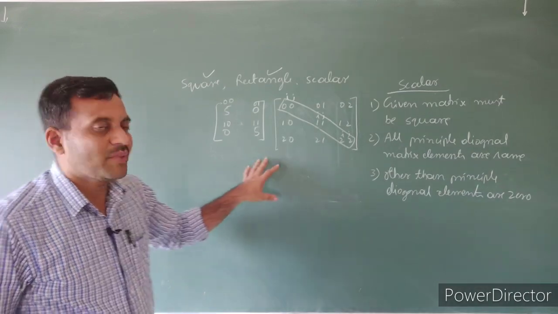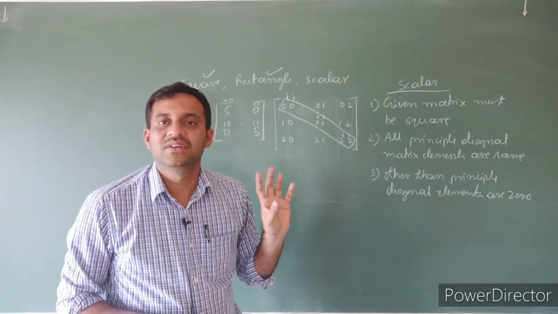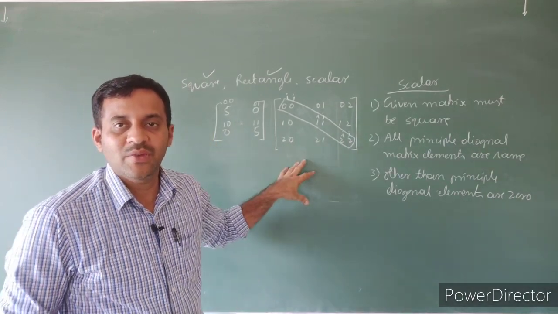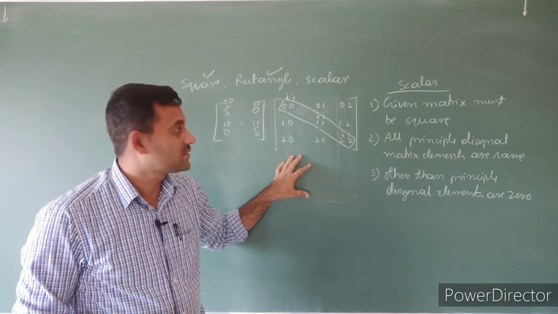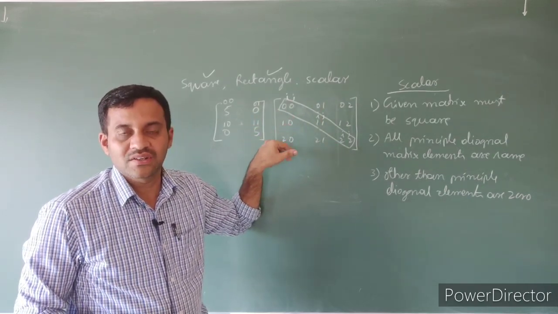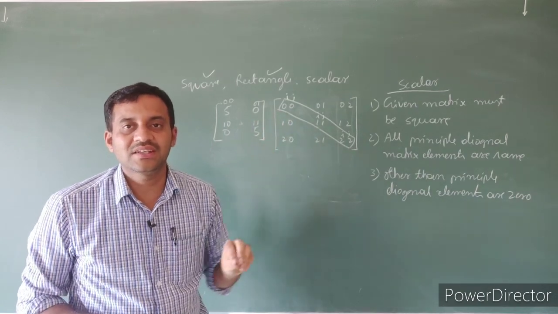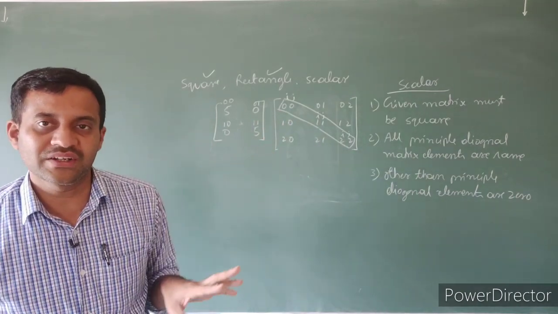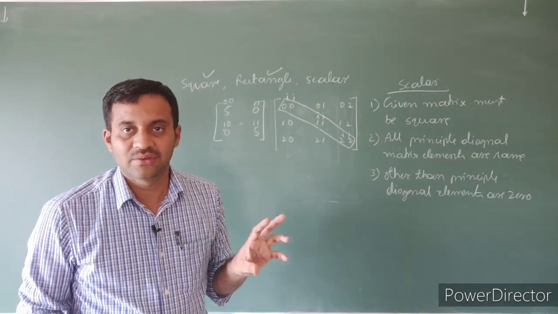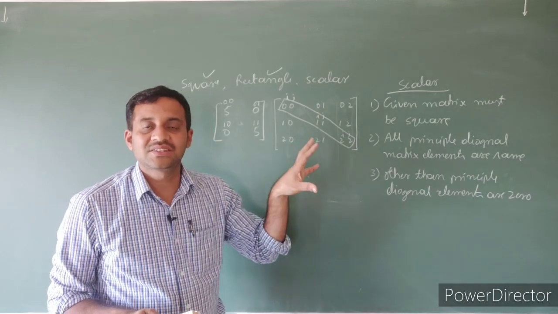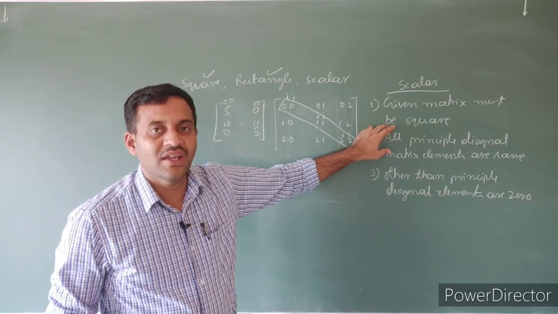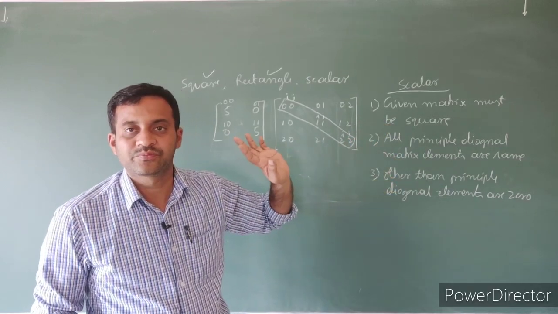First, we know that the given matrix is not a scalar. Then, a matrix is a scalar matrix if all the principal diagonal elements are same and the elements other than the principal diagonal elements are equal to 0. That is one method. Another one is, first we assume that the given matrix is a scalar matrix. Then we have to verify whether it fails any one of these conditions.